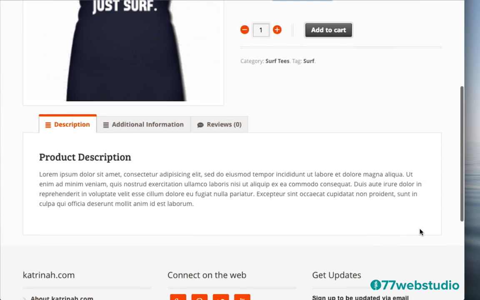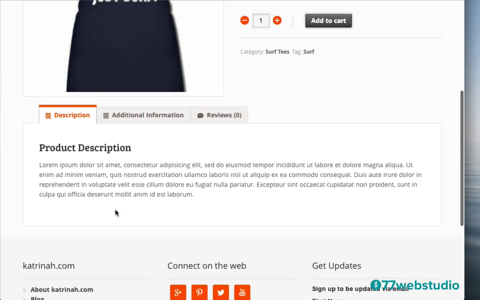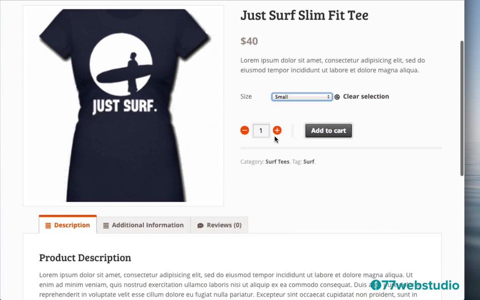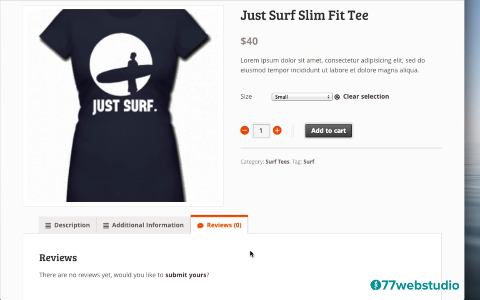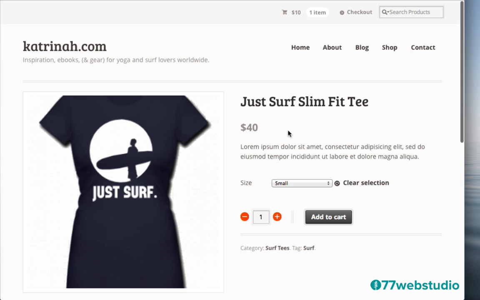And then scrolling down, you'll see that instead of having the embedded PDF or other document right here, now I just have a simple product description about the t-shirt as well as additional information which refers to the different attributes and sizes that this product comes in. And finally, when you do have reviews, those will show up here in the Reviews tab right here. So I am going to add this particular t-shirt, this physical product, to the cart by clicking on Add to Cart.